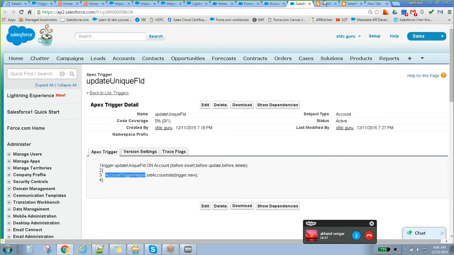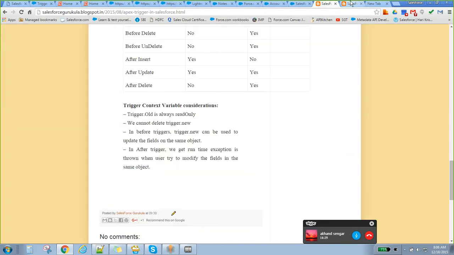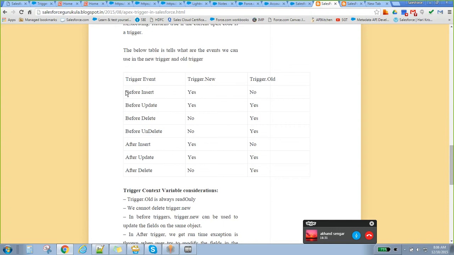Inserting means no record exists; we are freshly inserting, so in that case Trigger.old will not be available. In case of before update, the record is already present and we are updating something, so old as well as new will be available.